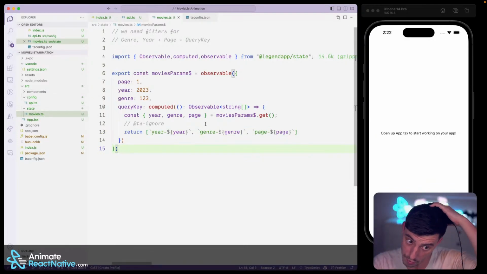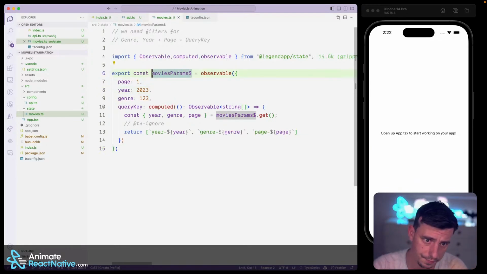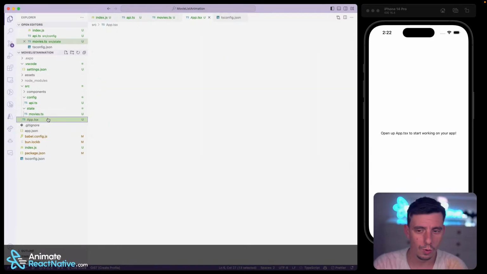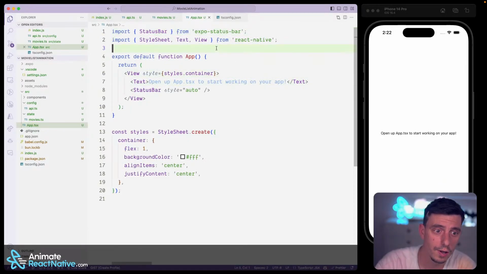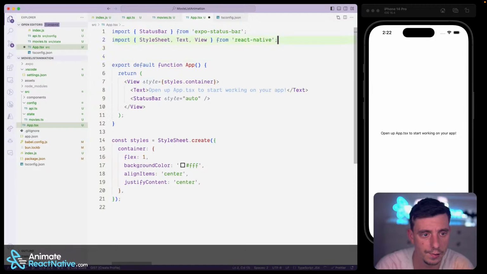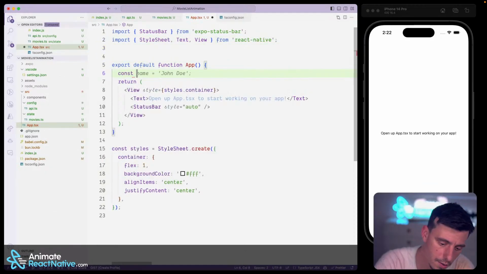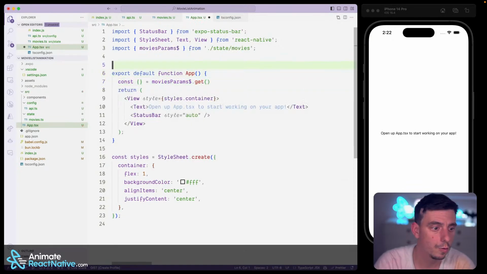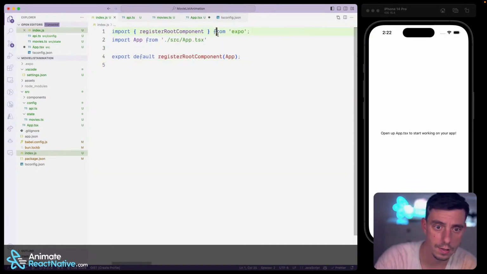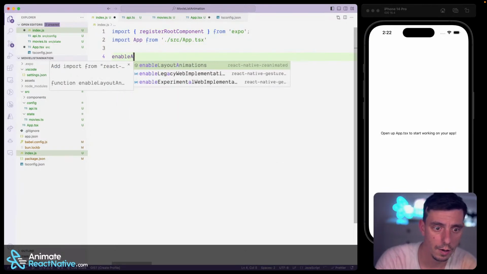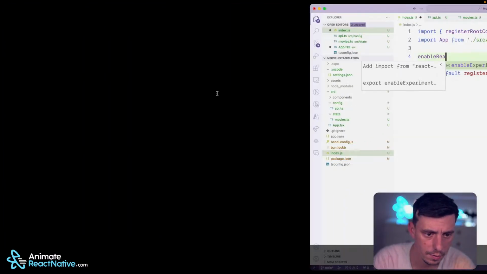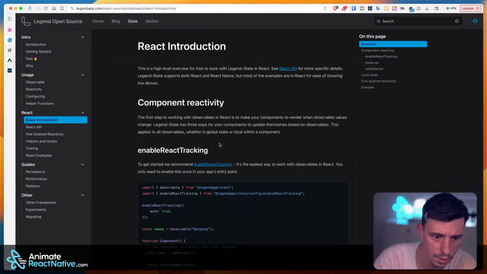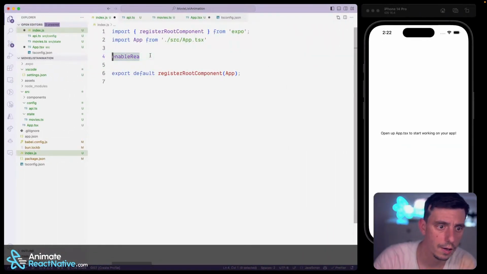Anyway, so now we have this movies param, right? So basically, let me show you how nice it is. So I can create here, const, I can get the movies params get. Oh, first I need to actually go to the index and say enable auto react tracking. So I need to enable this tracking,